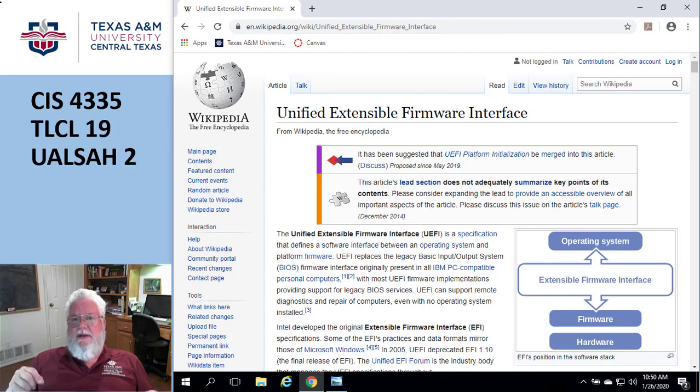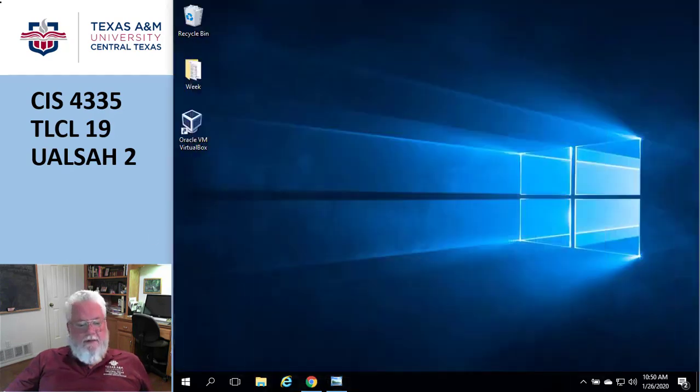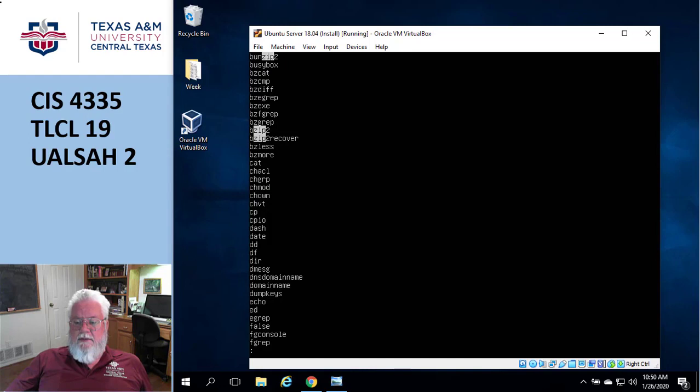Now, typically it's not mounted, and if it is mounted, it's not mounted read-write. Okay, but you can mount it read-write. Let me just show you a cool thing. Let me get back to our good old Linux guy here. Oh, I'm in the middle of lessing, aren't I? Okay, cool. So I'm going to do something called